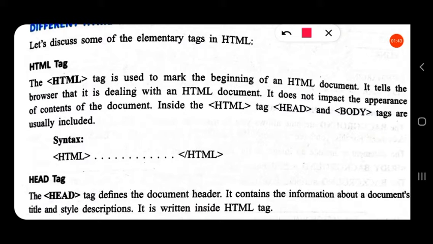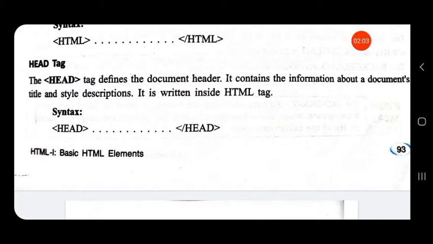The head tag and the body tag are present in between the two HTML tags. Let us see what the head tag is.